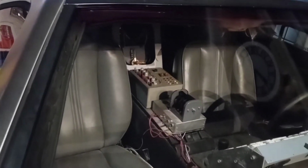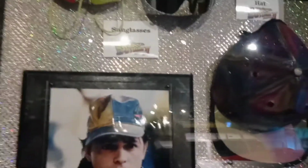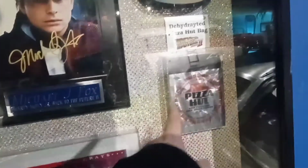And I can barely see in there because it's so low and I'm really tall. But if you look right back there, there's the flux capacitor that charges up the whole entire car. And really the interesting thing about this is they have some of the screen used movie props, such as the sunglasses from Back to the Future 2, his hat from the movie, the dehydrated Pizza Hut things, the sports almanac, and the barcode license plate from Back to the Future,